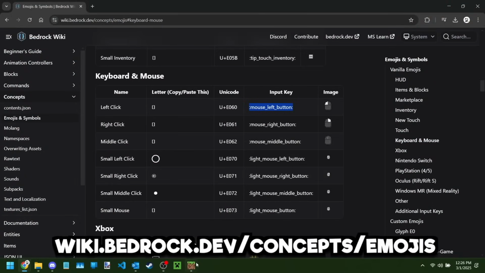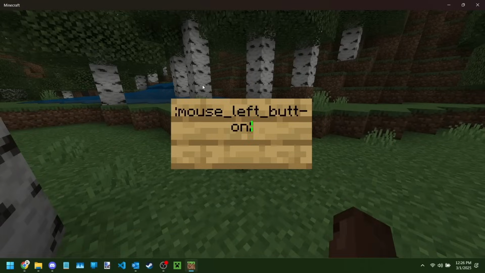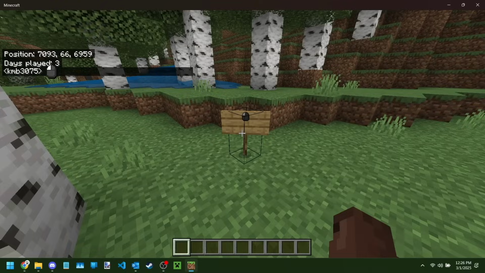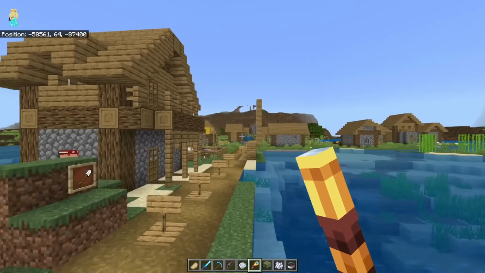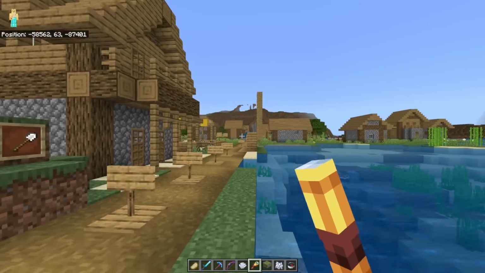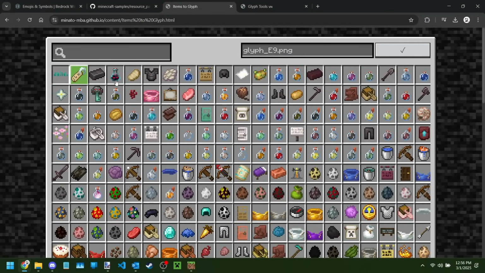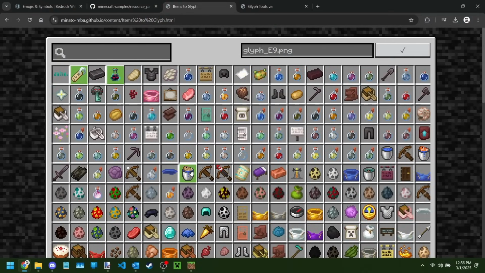You can do that by copy pasting the symbol which represents it, or you can even type :mouse left button, and if you put that into your Minecraft, it will actually show you any of these signs. So there's a list of default emojis, and for most players these are good enough. They're meant for marketplace use too, if I'm being entirely honest with you. But yeah, one of the things that you can do is alter the font for any resource pack,